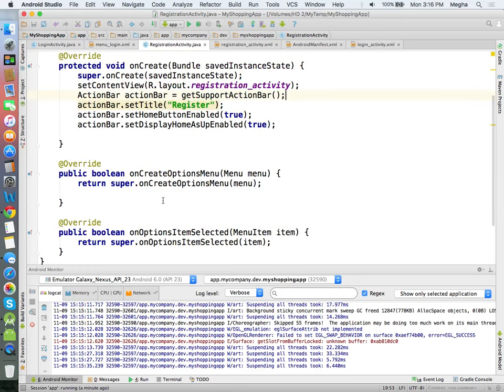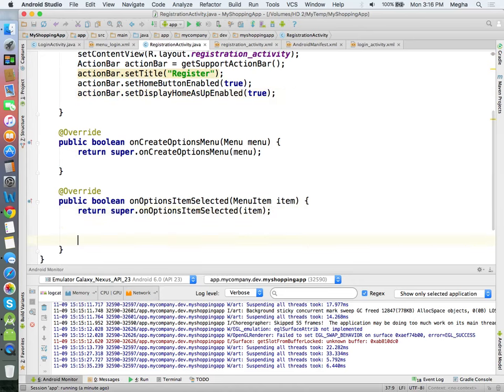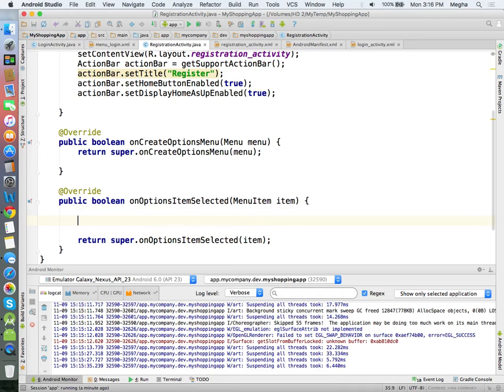Okay, whenever the user presses the back button, I want to finish the activity and take the user back to the previous activity. So in this case, the return statement should be the last one to appear. Hope you know that. So I'm just going to keep the return at the end.